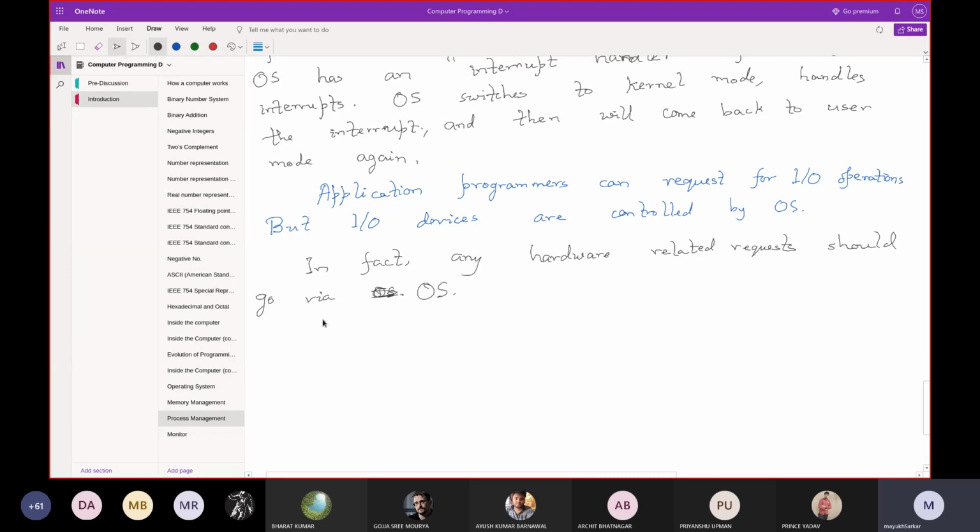Now, application programs make this request via something that is called system calls.